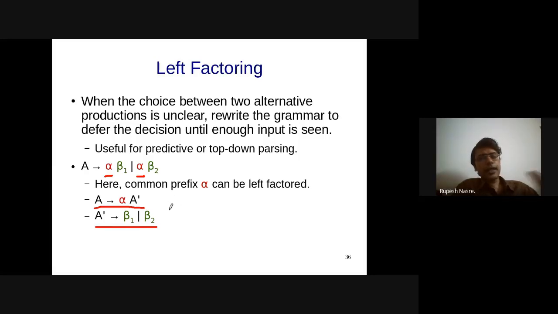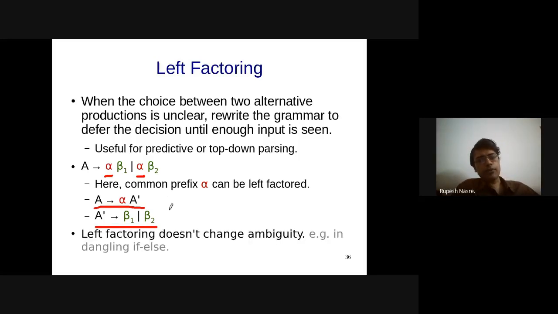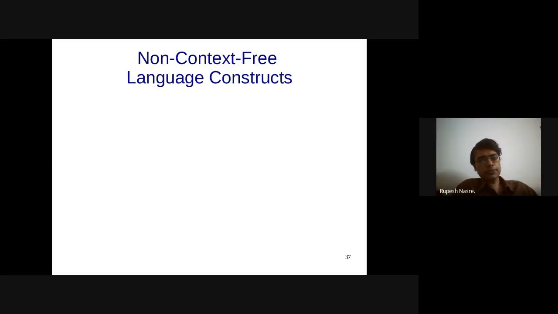So this is just rewriting of the grammar. This doesn't change anything related to, for example, ambiguity. It does not make the grammar more or less ambiguous. So the grammar power remains the same. It's just that for top-down parsing, instead of LL1, you will have to use LL2 in this case, or LLK in general. But yeah, so this can be helpful for top-down parsing.